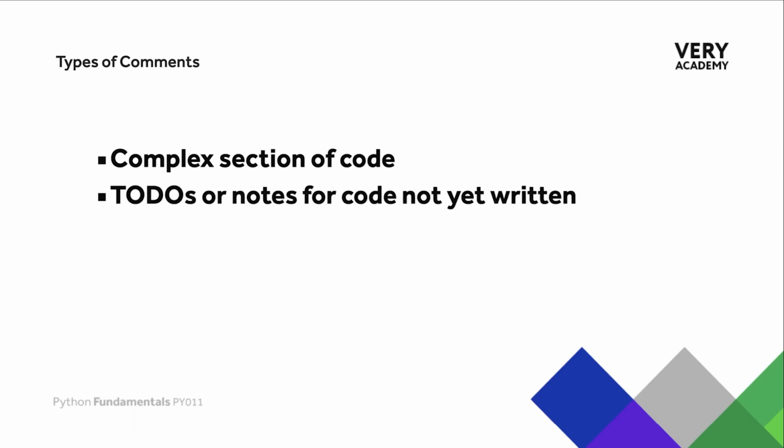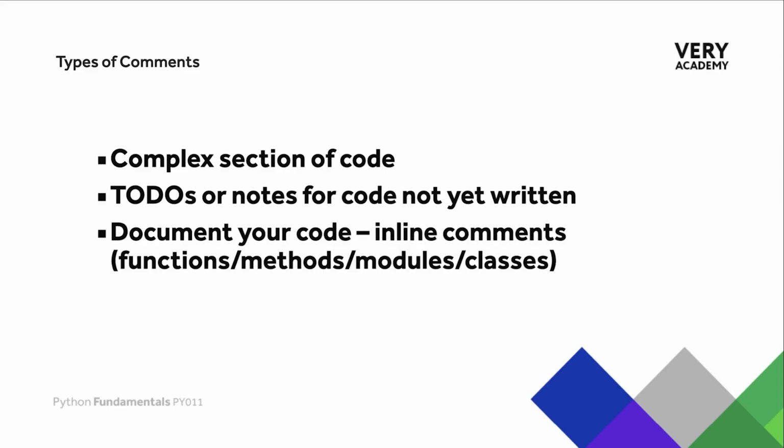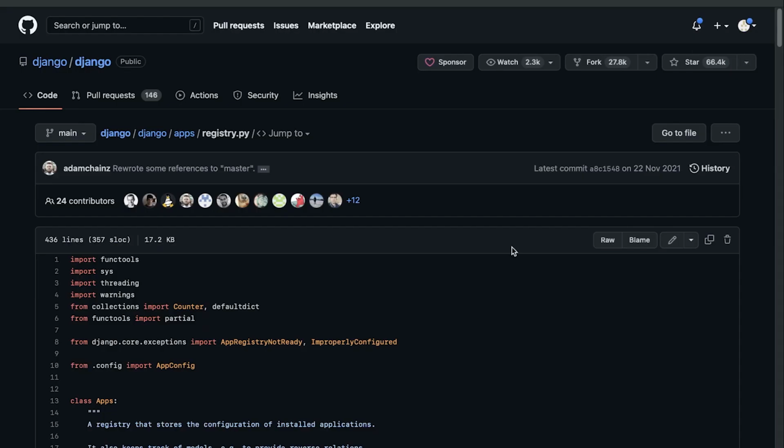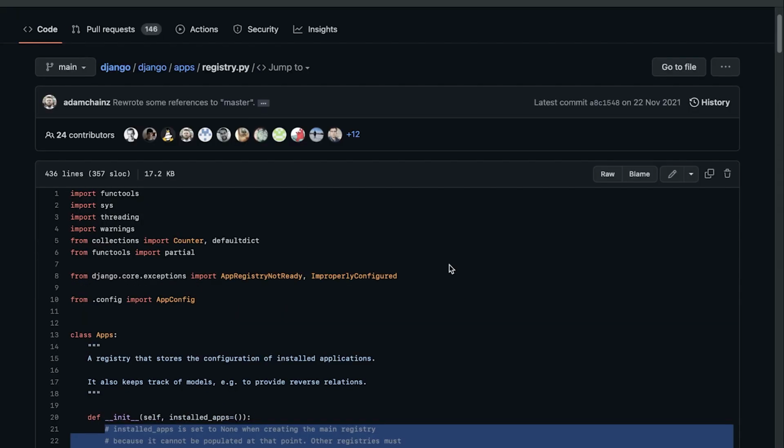You may also see comments utilized as notes, to-do notes, for example, for code that has not yet been written. That can be a really helpful way to keep track of what you need to do in a module or a page, for example, and you can then delete or remove them as you've built that section or part of the code. You may also use or see comments utilized as a way of creating documentation for that particular application. So that is something that we will discuss later on in this section, but this is an example here.